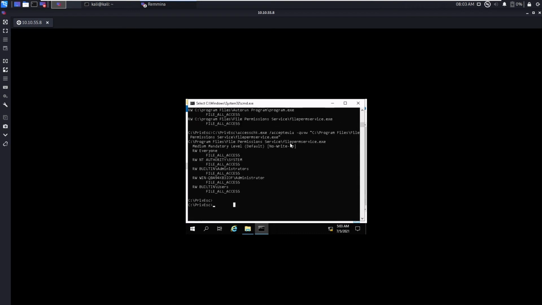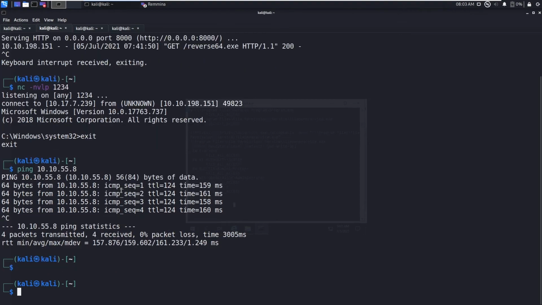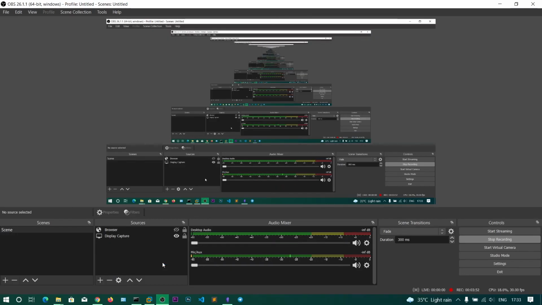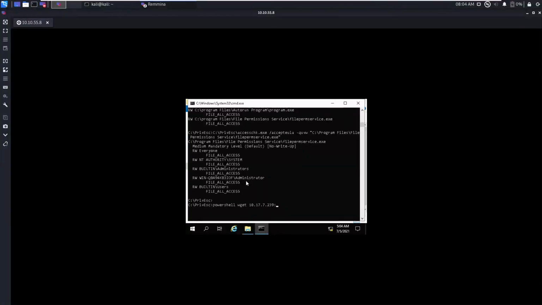Now what you can do is replace our reverse64.exe with this one. Okay, now the file has been copied.